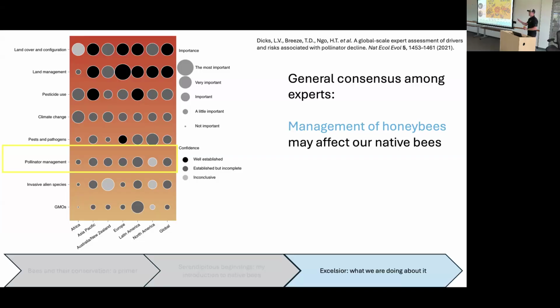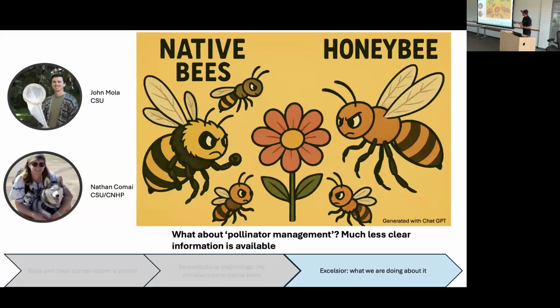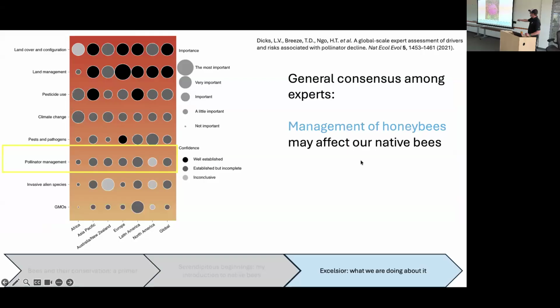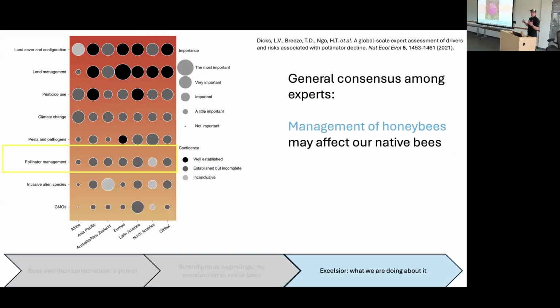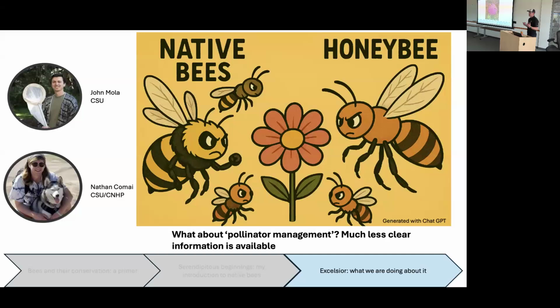Okay, I've got one more study I want to talk about. And it gets at that idea, like, what about pollinator management? What role is pollinator management, specifically honeybees, playing in affecting the foraging of our native bees? Because keep in mind, native bees love this stuff. But if honeybees love it too, that also sets up the potential for competition between them, which could result in less forage for our native bees, even if it's on invasive species. So we wanted to investigate that idea.